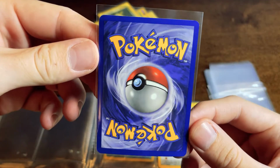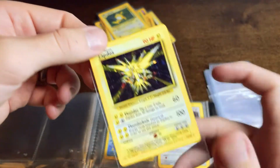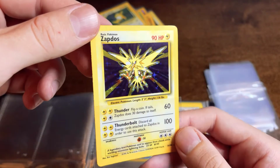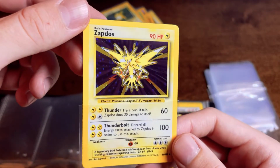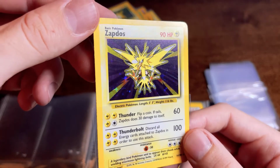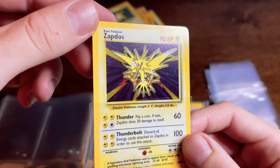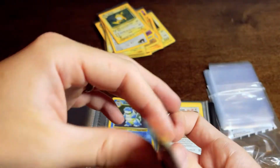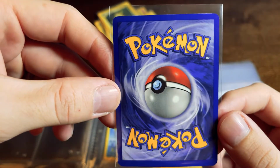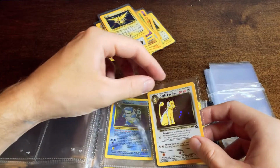Back looks really good. I've graded a lot of these recently, but I just graded a base set Zapdos a few months back that got a 10. I have to look at this one a little bit closer, but I think this one might have potential to be a 10 also. I think base set Zapdos is actually a little bit easier, and I shouldn't say easier, but a little bit less difficult to get a 10 than some of the other